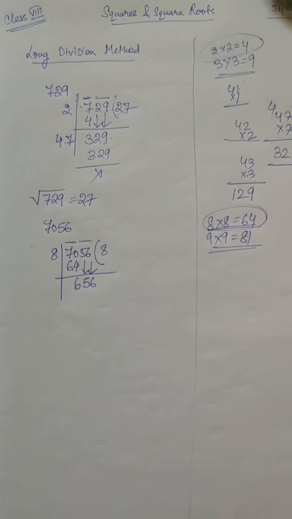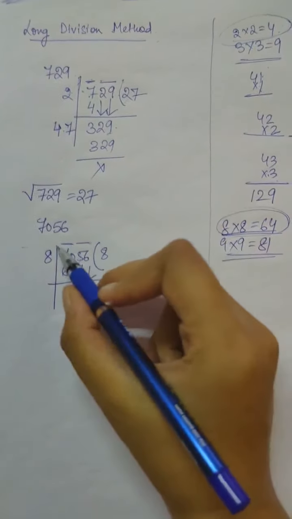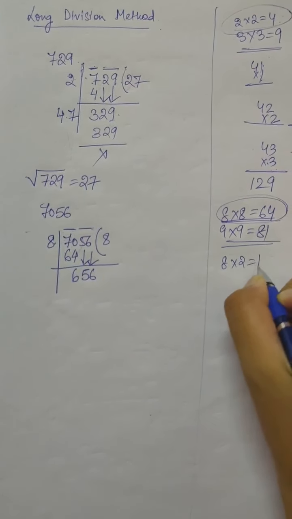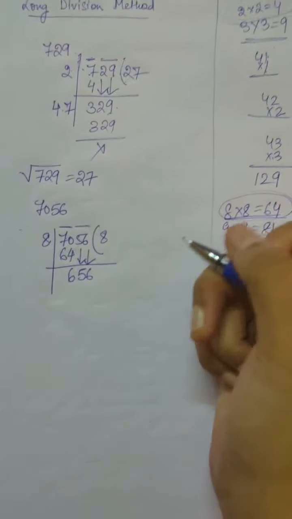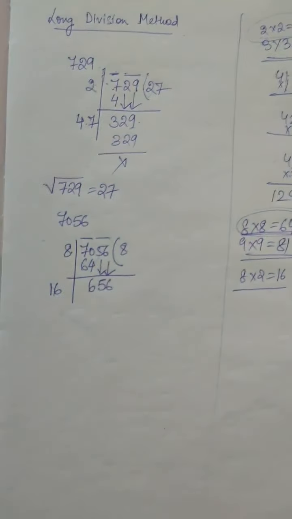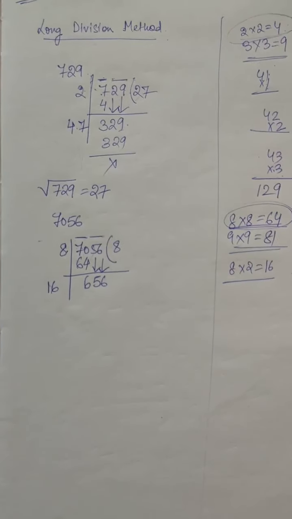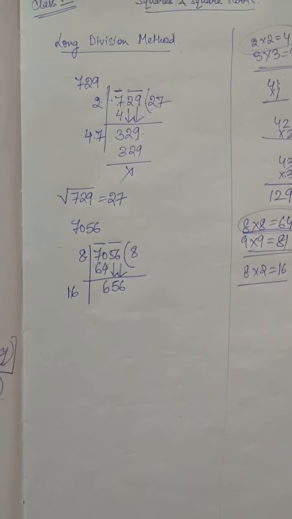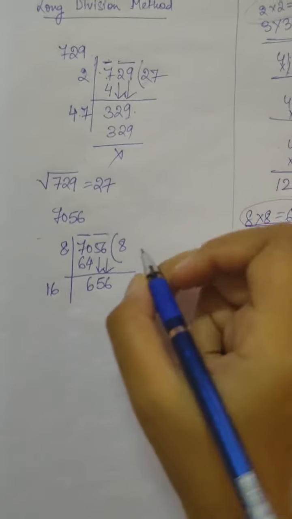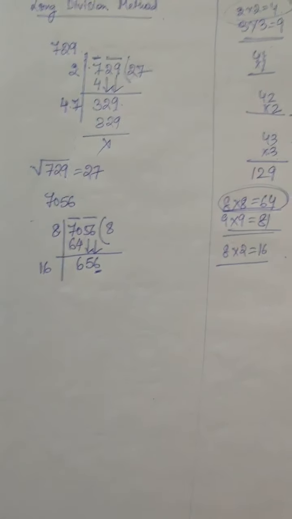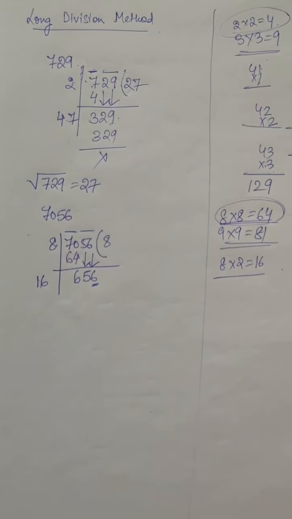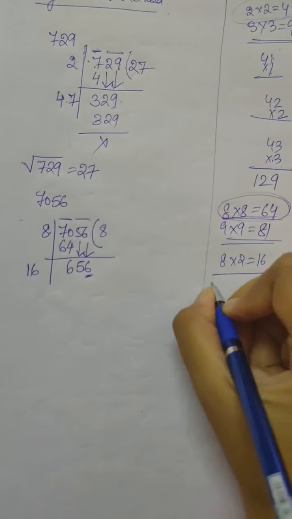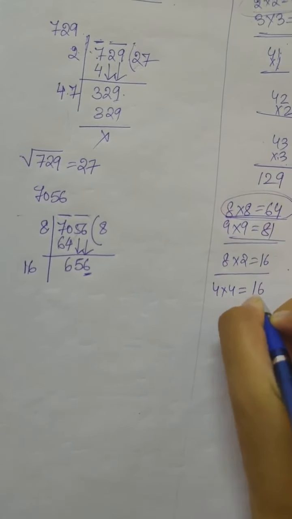Okay. Now we have already learned that whatever number you are getting here, you have to make the double of this number. So double of 8 means 8 is multiplied with 2 and we are getting 16. So that is why here we will take 16. With 16 you have to take another number and multiply the same number to get 656. So think which number's square gives us 6 in the end. So which number's square gives us 6? So 4 into 4 gives us 16. So that means the square of 4 gives us 6 in the end.